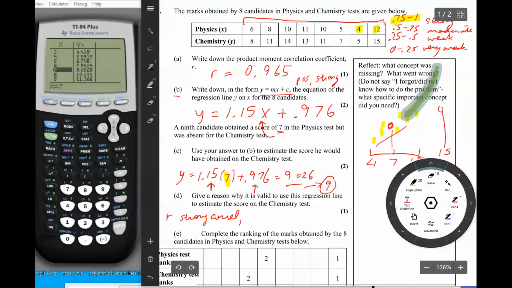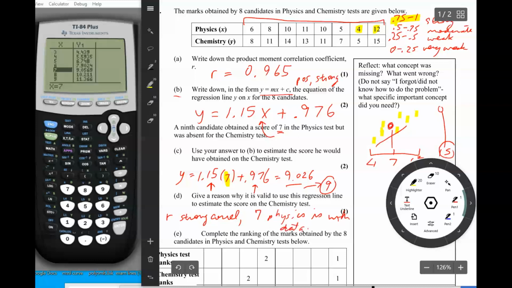So since you don't know, it's not really reliable if the input number that they're asking you to predict the output number for is outside of the data interval that you have, then it's kind of risky. So the other reason why you can predict the chemistry test is because the 7 physics score is within